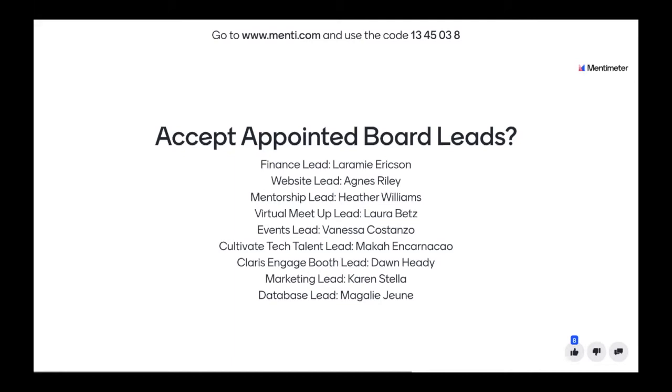All right, so now we get to vote. Down at the bottom, it looks like we have an up and a down arrow. So if everybody on here has the ability to do a yes or no. All right, looks like we're at 11 yeses and no nos so far. Okay, we have 17 people here. Do we need all 17 or can we go with a majority? We've got 12. We can go with the majority, but let's see if everybody's listening here.